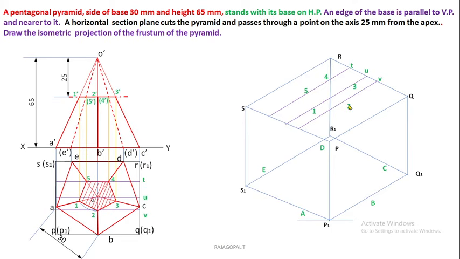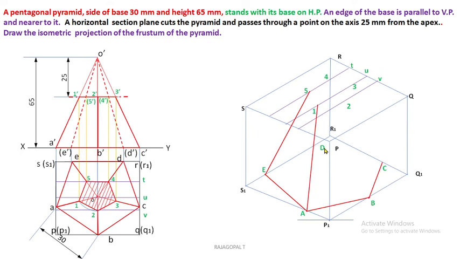Now the top face pentagon and bottom face pentagon are drawn, so we can join all the visible edges. So A to E boundaries, A to E, then A to B, B to C, and then C to D. Here this C to D is invisible for us, because if you are an observer standing here, you may not see this D. That's why it is not connected by continuous thick lines.